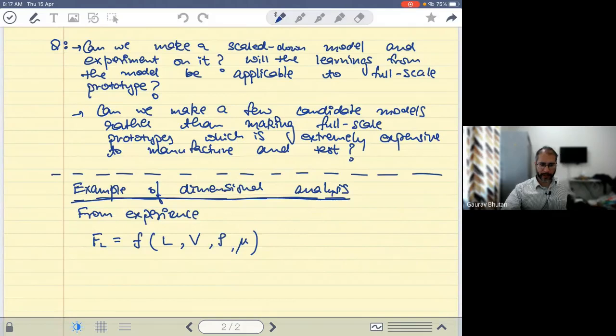Of course, this is for a given design. I mean, of course, if you change the shape of the aerofoil, things will change. So I've fixed the shape for now. I'm not changing the shape. All I'm doing is either making it bigger or smaller. So if I change the L part, everything else scales down or scales up with L. Then it's a function of that dimension L. Okay, L, V, rho, and mu. These are the four things on which the lift force acting on the aerofoil depends. This is from experience.